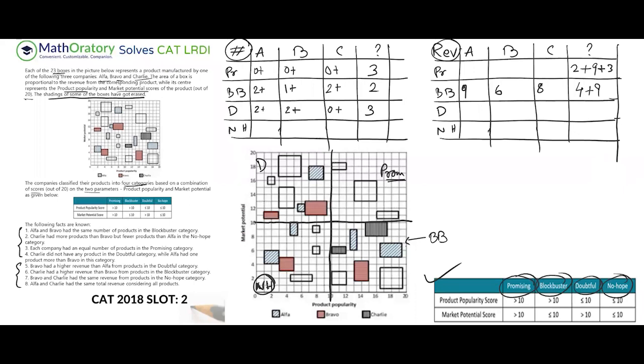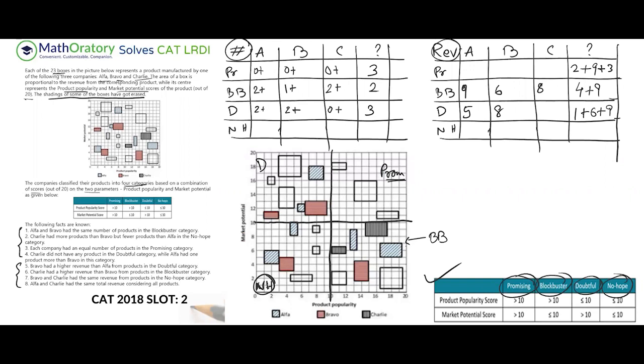Coming to the revenue, A has a revenue of 1 and 4. So these are the revenues. We have a total of 5 as of now for A. And for B, we have 2 and 6. So we have 2 plus 6, that is 8. So that is for B. And C, right now we don't have, so let us leave that blank. But the missing ones: this is 1 square unit, this is 6 square units, and this is 9 square units. So we have 1, 6, and 9. Let me write those explicitly: 1 plus 6 plus 9. So these are the three revenues that are missing.